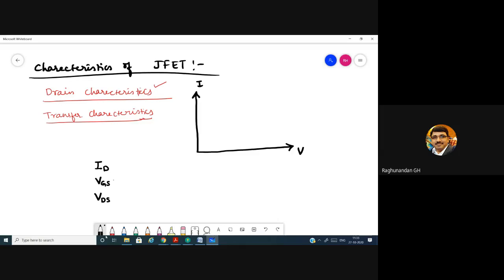Can you tell me, among these two, which will be kept constant for one iteration? That means one trial, which will be kept constant. Just analyze with the VI characteristics of the transistor. There IB1, IB2, IB3. That means base current was fixed for one trial, and again we change the base current for the second trial. Now, it's a voltage control device, so which is going to be kept constant for one trial?